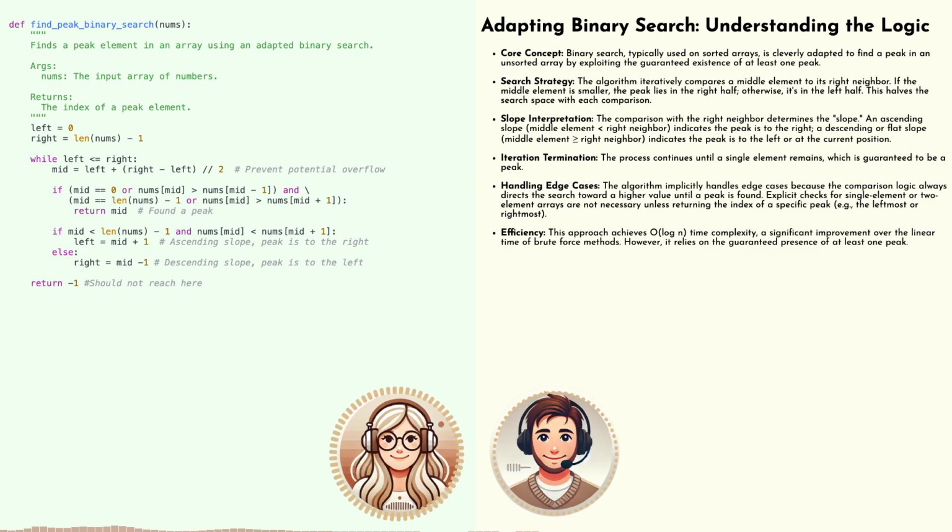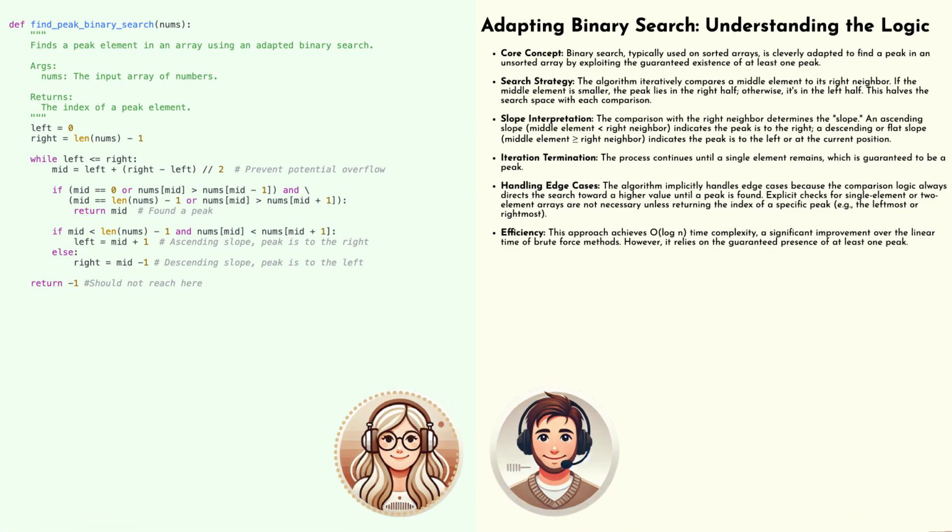Okay. If we're standing on a particular element and it's smaller than its neighbor to the right, then we know we're on an uphill slope. Right. So the peak must be further to the right, somewhere along that uphill path. Exactly. That's the key insight. So in that case, we can safely discard the entire left half of the array and focus our search on